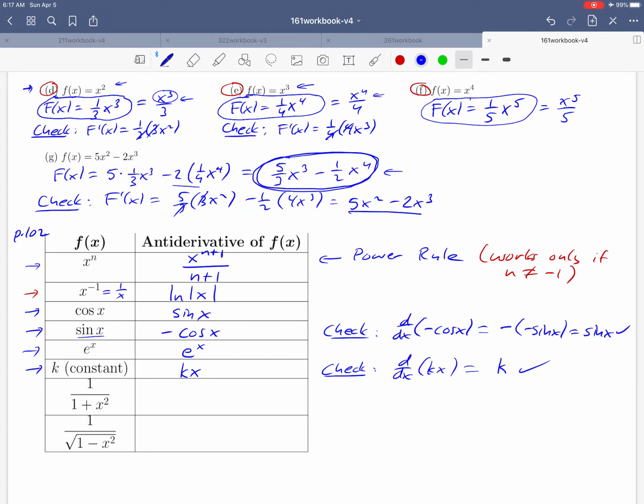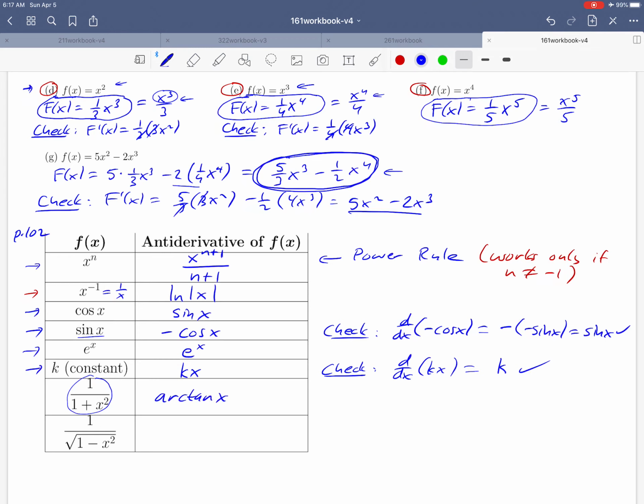Okay, and the last two, these are a little bit crazy. So could we come up with an antiderivative for 1 over 1 plus x squared? That's a complicated function. Here what we have to do is think back to something that we talked about earlier in the course. Can you think of a function whose derivative gives you 1 over 1 plus x squared? You might have to look back a few pages to the sections that we did on derivatives, and you'll discover